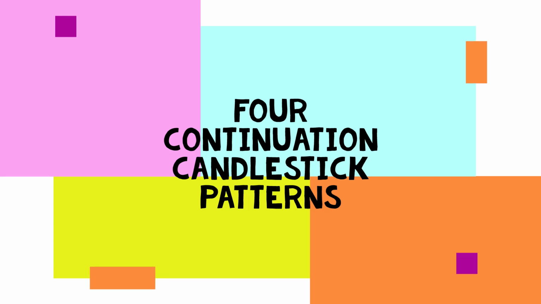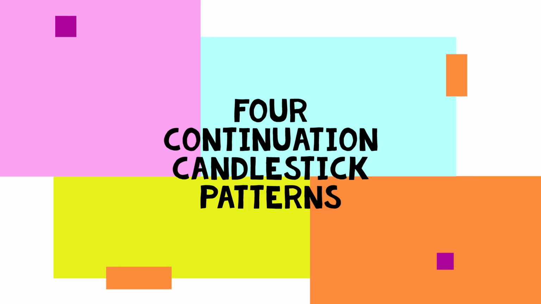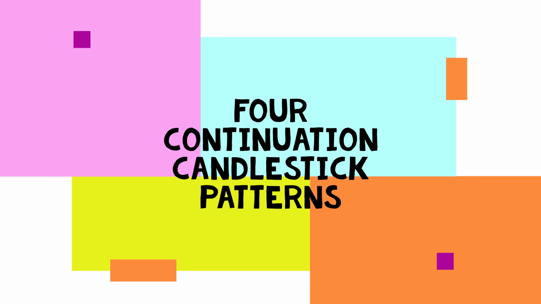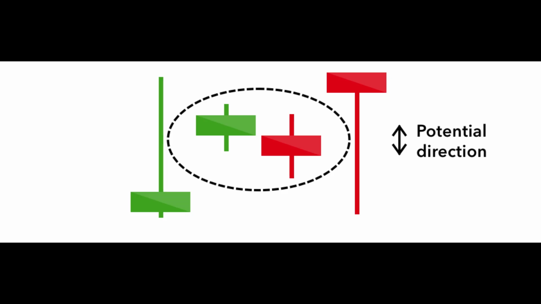Now coming to the next segment of the video, it is the continuation candlestick patterns. If a candlestick pattern doesn't indicate a change in the market direction, it is what is known as a continuation pattern. This can help traders to identify a period of rest in the market when there is market indecision or neutral price movements. Now, this particular candlestick is known as a doji.